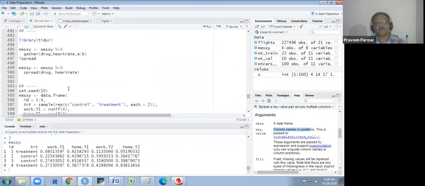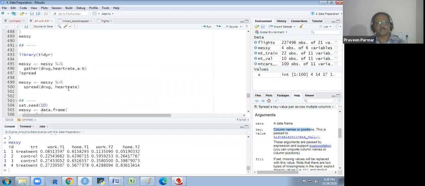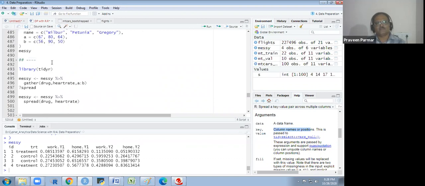What we have done here, we have used gather. When we had no column like drug, but we have A and B, I have given a new column name to that, AB drug, and then we have written in the third place, and in the second place we have put the value column heart rate. So this will go here at the end.